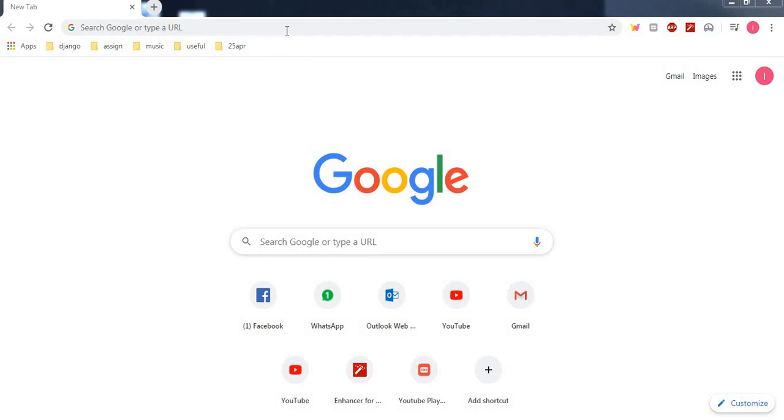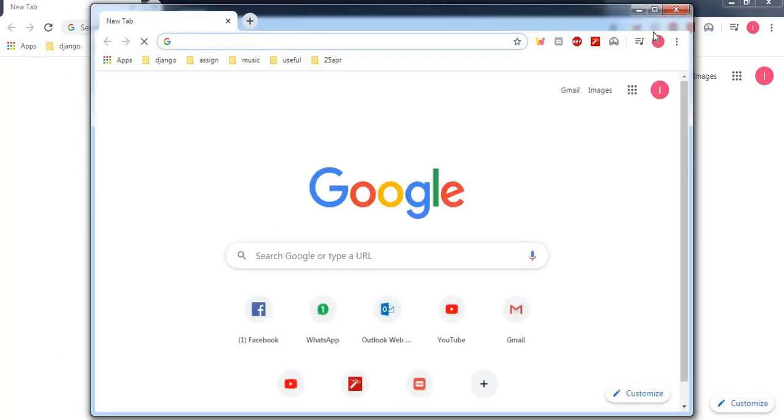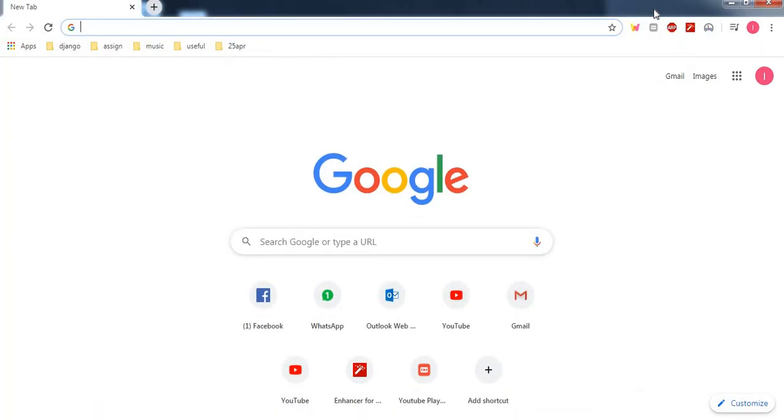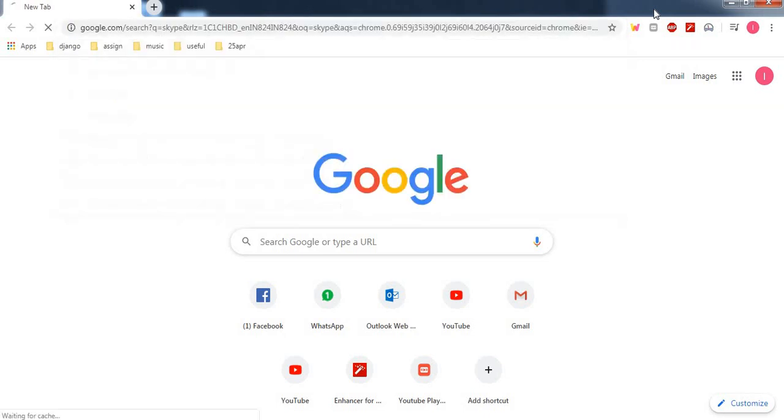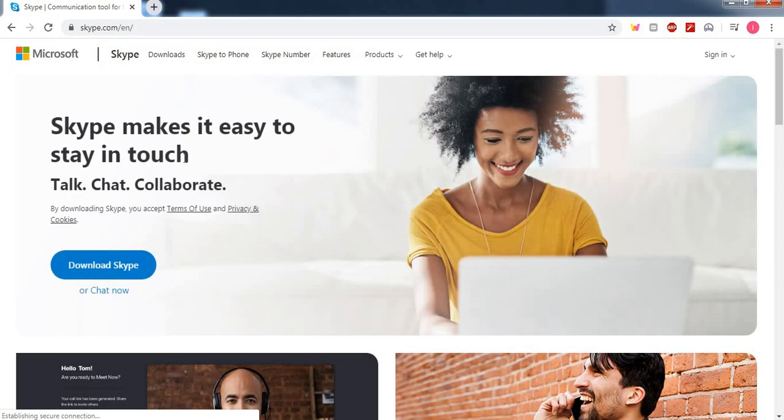Okay, good enough. So just open your Google Chrome. You can go over here, click on Windows and Google Chrome. You can open this browser or any other browser as well, no need to be specific. And open google.com. Write Skype over there. Press enter. This website will come. You need to click on this first link, www.skype.com. Okay, clicking on it. Now you'll find Download Skype has come. You need to click on this.